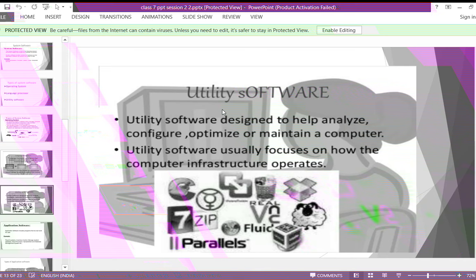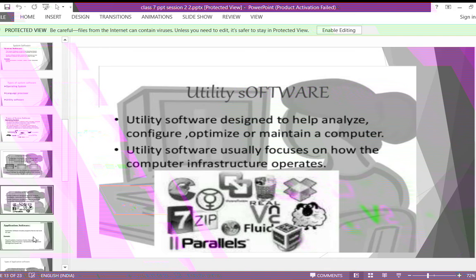Yes, you're using. Very good. Okay, you are using a cleaner for that. So like that same thing, if there is more storage used in a system, you are using some utility software to clean that system. And if there is any virus over there, then you are using some antivirus software like AVG, Quick Heal, Norton and all. So if you want to clean that by using different software, it is called utility software. We can remove the virus with the help of that antivirus software. That is nothing but your utility software.